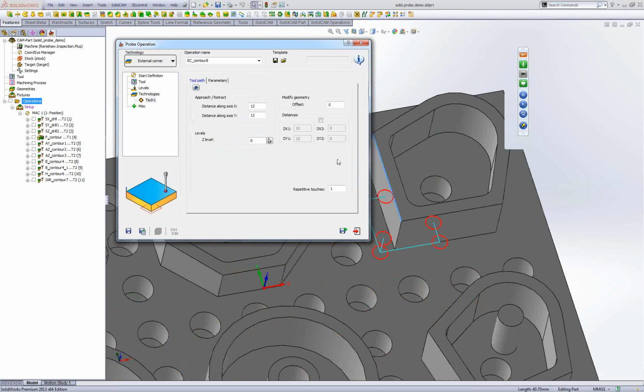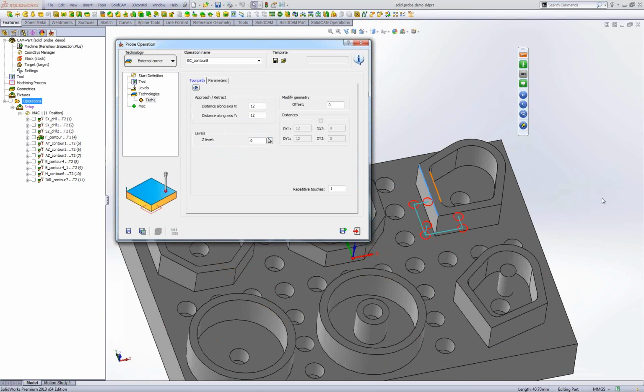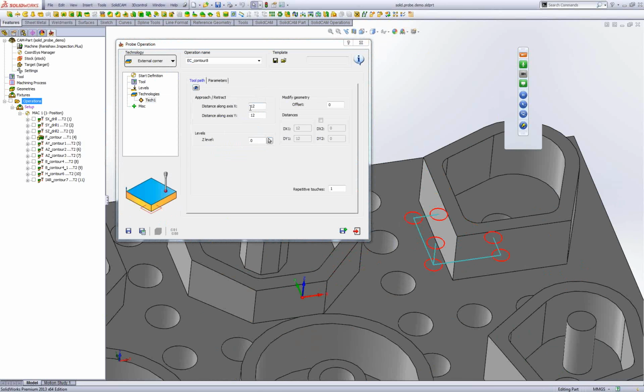Now this cycle varies from machine to machine, from controller to controller. Sometimes you have only two touch points: touch in X, touch in Y direction, and find for me this intersection point. And there are cycles with more than 2 points,